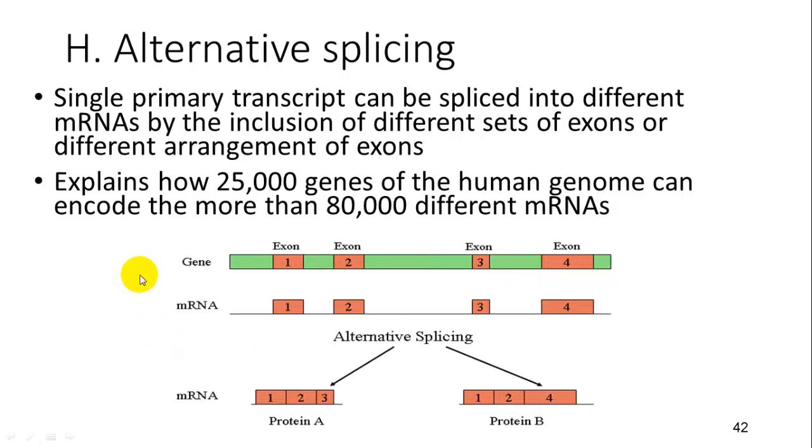Now, what allows for us to have less? You would think that every gene would need to have its own mRNA, which would produce a unique protein. But we can make different proteins out of the same sequence by shifting around the different exons. So if this is the order in which they are transcribed, 1, 2, 3, 4, you can have alternates, and this is called alternative splicing. So you could have 1, 2, 3, 1, 2, 4, you could have 4, 2, 1. And basically, you can mix those around to make different proteins. And that's why we make 80,000 different mRNAs in the human genome, but only 25,000 genes are needed to do that.